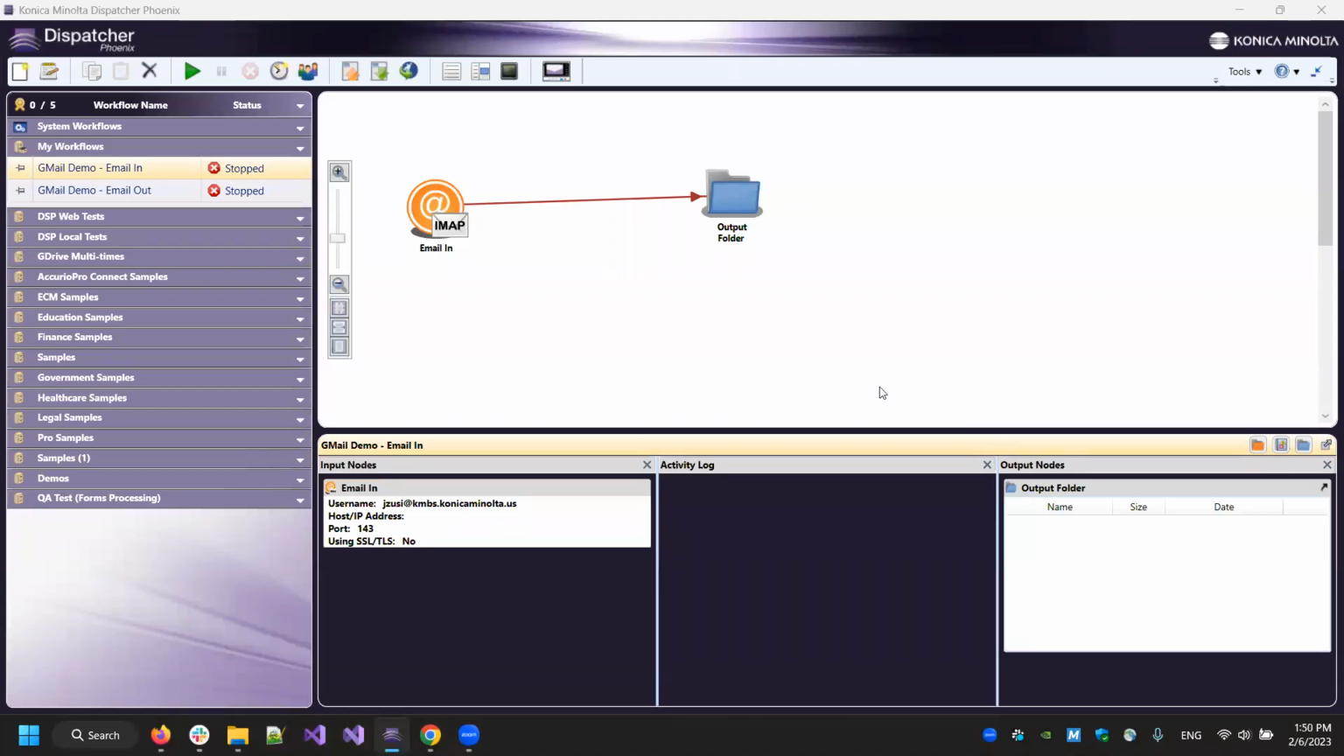Hello, and welcome to the technical demonstration of the Dispatcher Phoenix document processing desktop application, showcasing its new integration with the Gmail API. The Dispatcher Phoenix desktop application is a document processor where users can create workflows that can be configured to collect documents from locations such as a reserved folder on a network drive or an email inbox, process